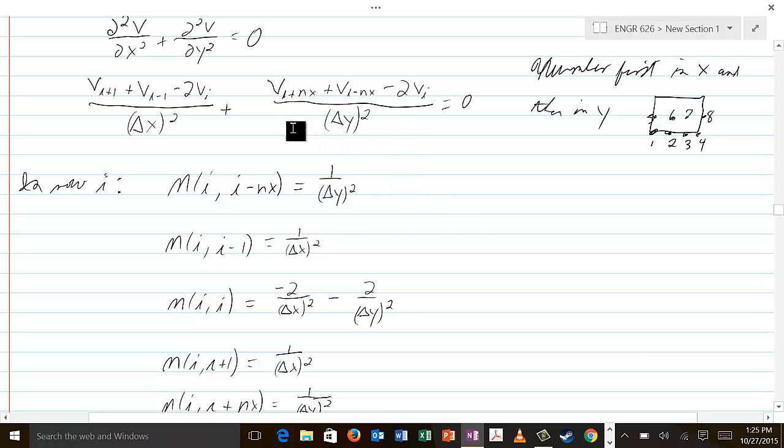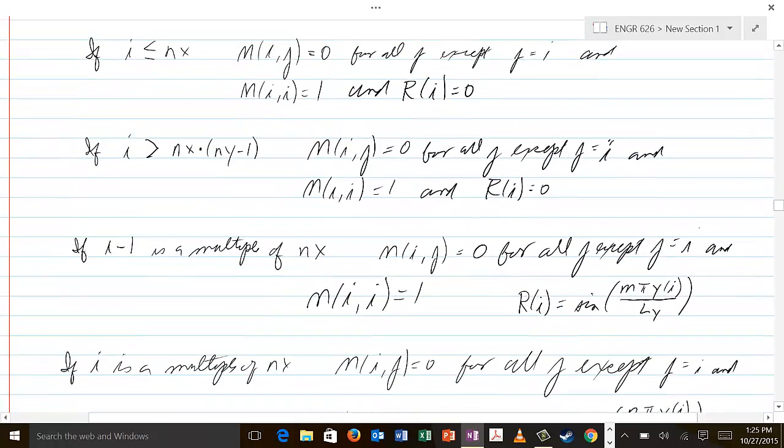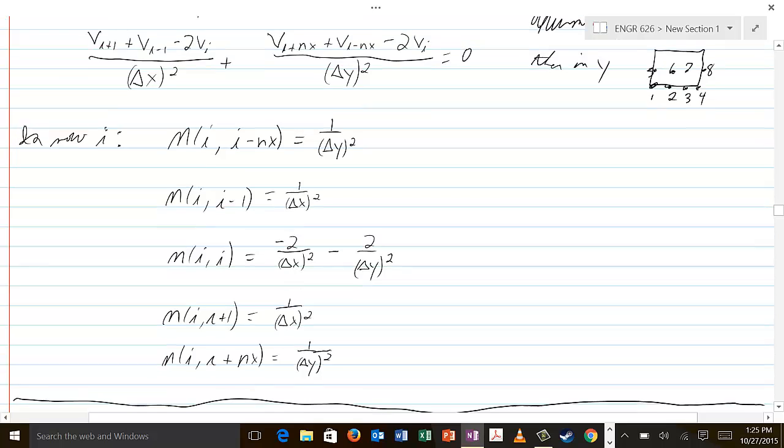So if you look at this, what this implies about the matrix is that in row I, provided that I is not a boundary node (if it's a boundary node, we go up to one of those four conditions up here), but if I is an interior node,